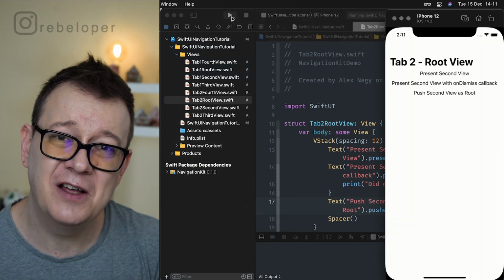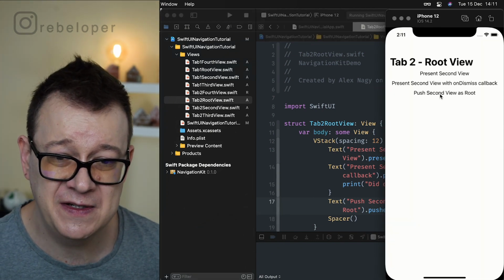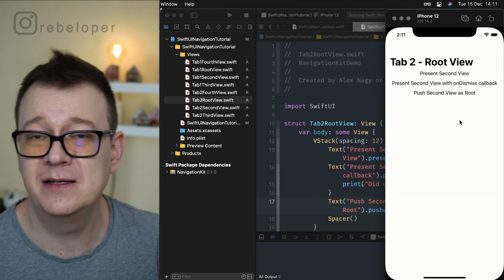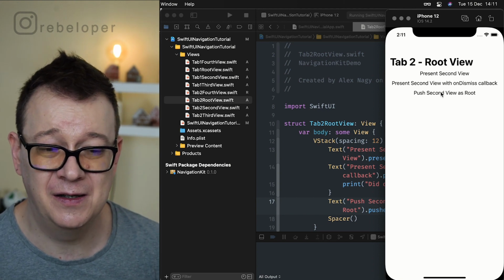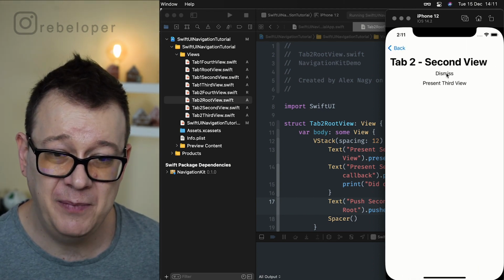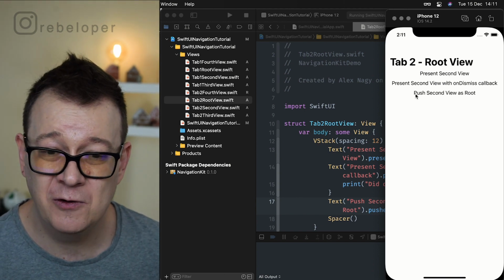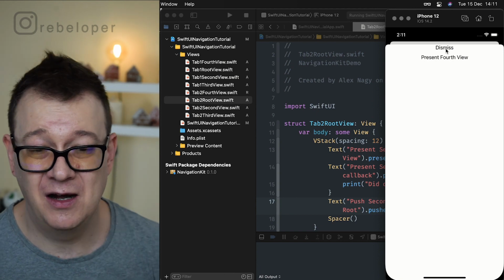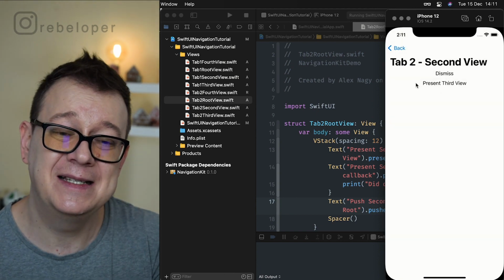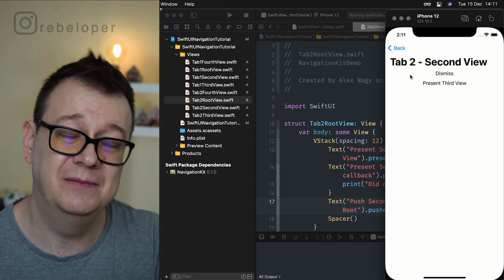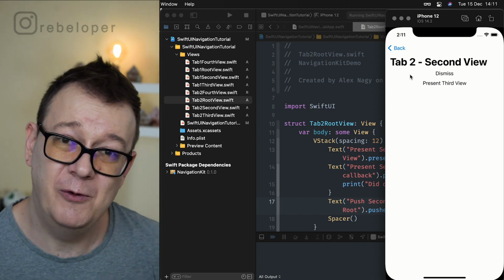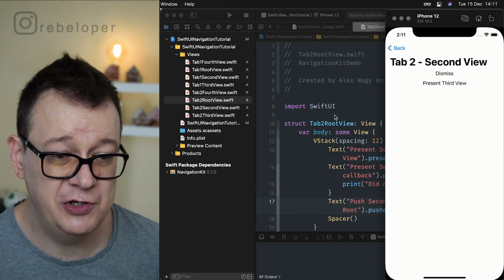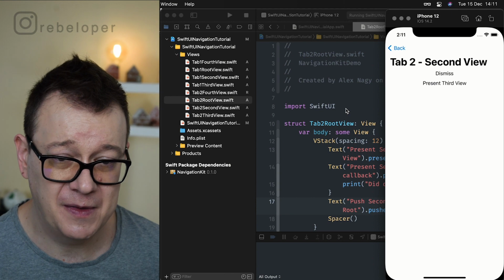As you can see, it's just a few modifiers. So tapping on push second view as root, voila. Now if we tap on the back button, we will be taken back. That's usual navigation view behavior. But if we tap on dismiss again, we will be taken back also. Now if we tap on present third view, that will present our third view. Okay, so this is set as a root, but I won't go into the root just now. We will go ahead and stack up some views with the help of pushes in the next